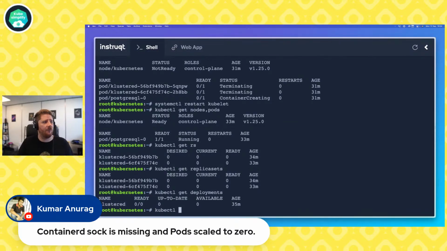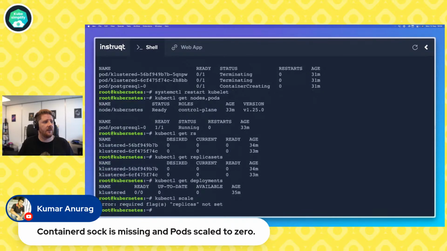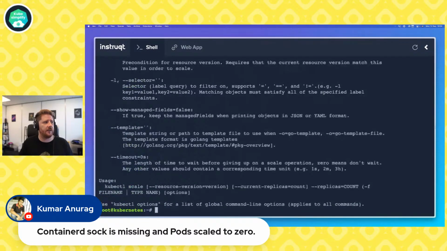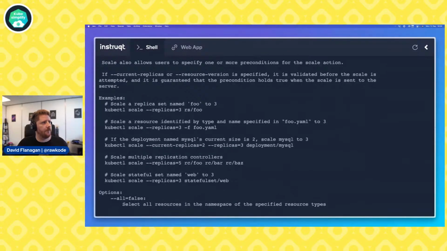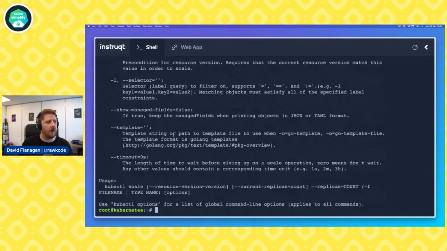There's a whole bunch of ways to scale in Kubernetes. You can use the kubectl scale command, like so. So we can say kubectl scale replicas equals a number and then the resource that we wish to scale. So it could be deployment clustered. We could scale an individual replica set if we wanted. It's up to you. However, I prefer working with the YAML because I mostly do GitOps on my clusters.